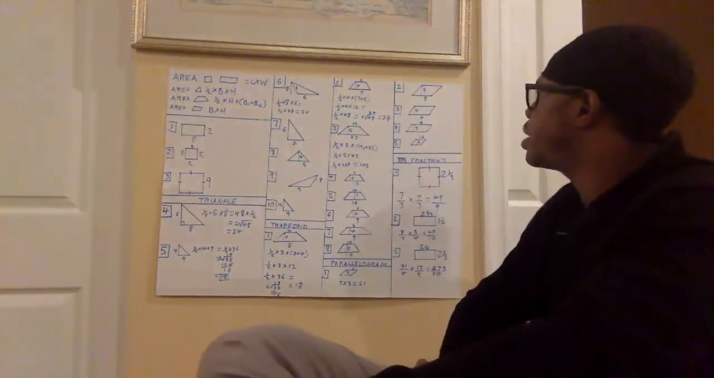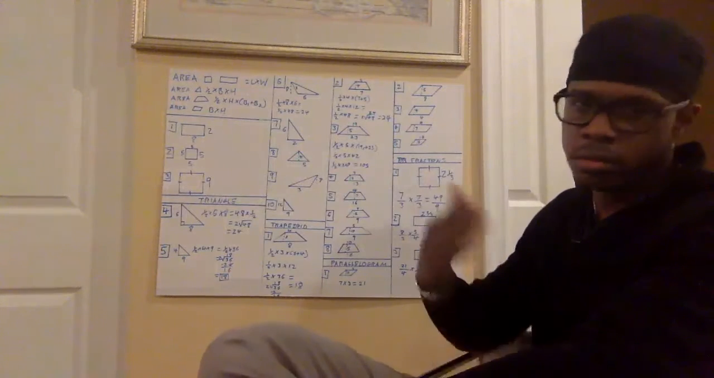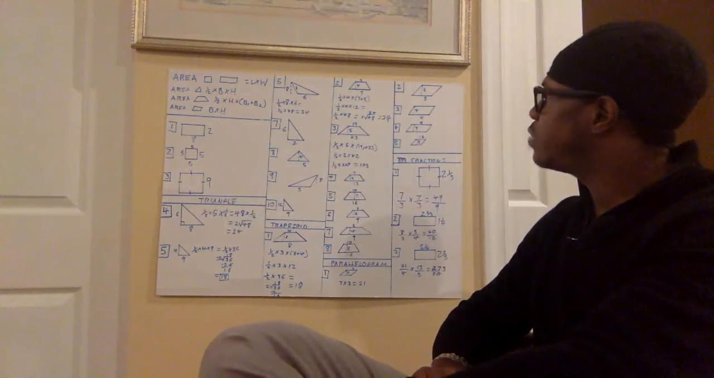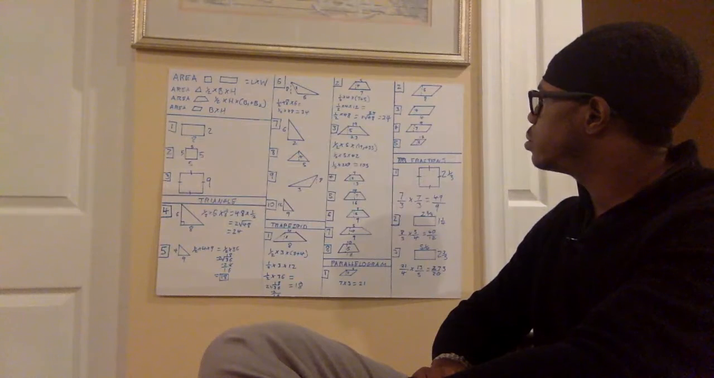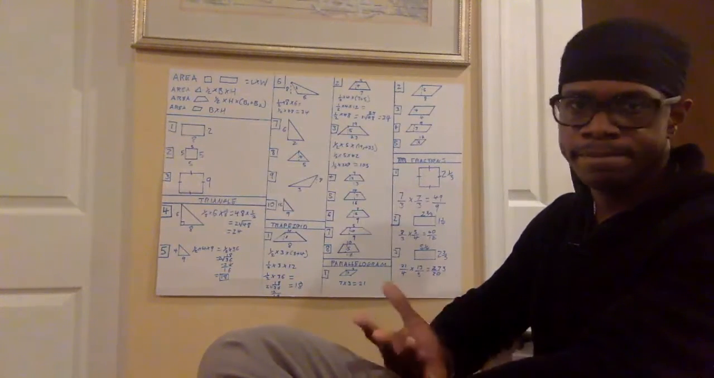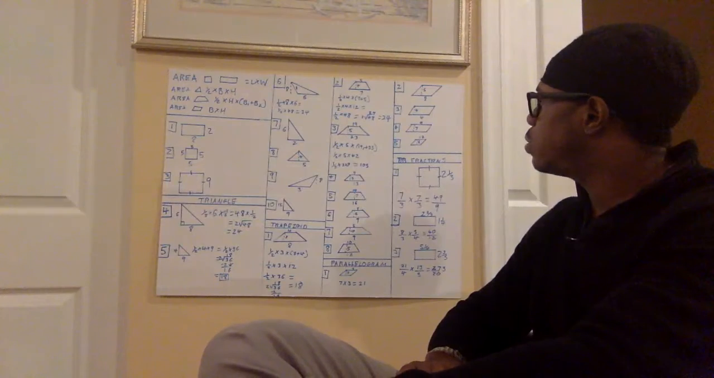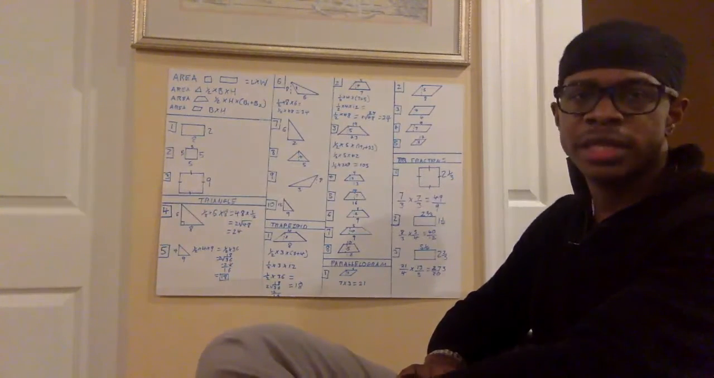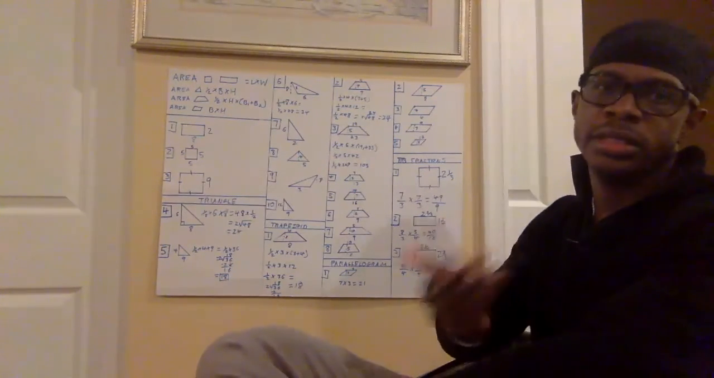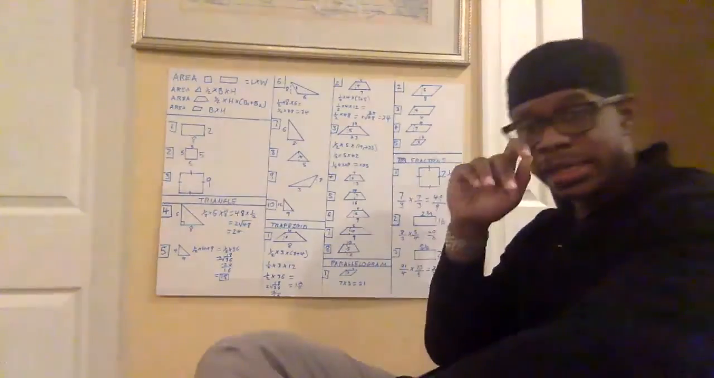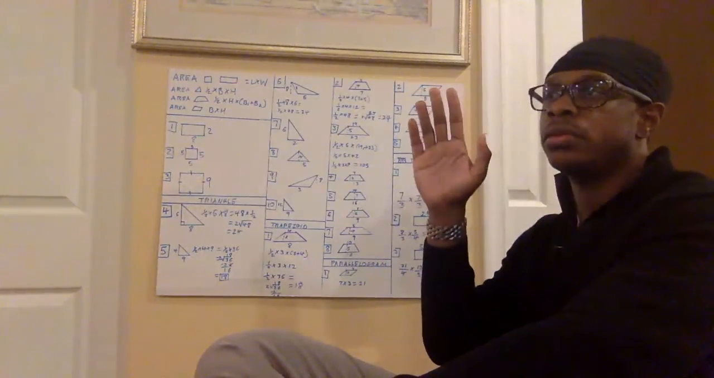Number 3, base times height. 4 times 4 is 16. Area is 16. Number 4, 7 times 9 is going to be 63. Area is going to be 63. And then number 5, 12 times 5 is 60. And that's it. Now, I want to go over